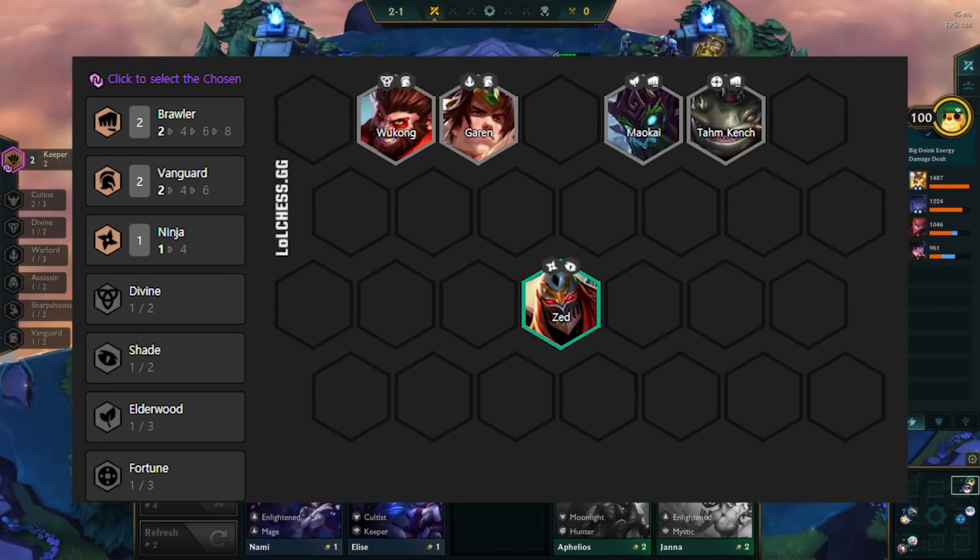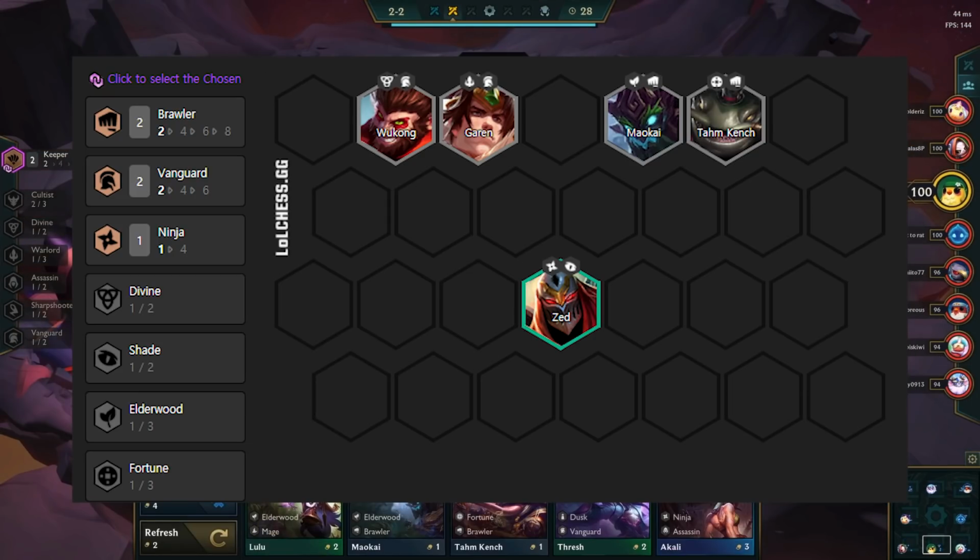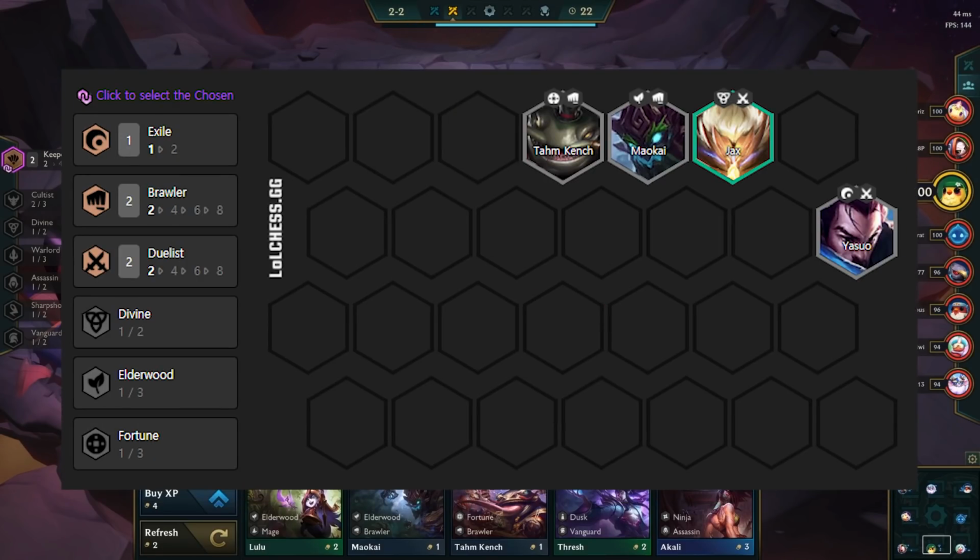Zed carry. Here Zed is your item carrier. You prefer not to put Morgana items on him. Your frontline here can be anything from Vanguards, Brawlers, or Keepers. Yasuo carry. All you need here is 2 duelists with either Vanguards, Brawlers, or Keeper frontline. Put Talon items on